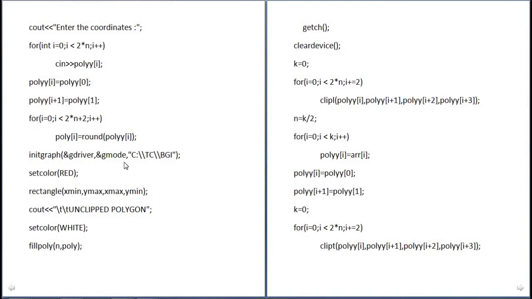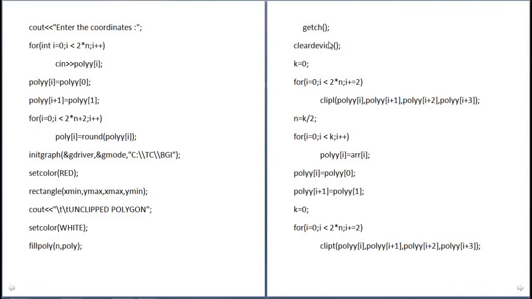Then init graph is used to initialize the graphics mode and graphics driver, and we put the path here. Then by using the cout function we display the clip polygon and set color is white. By using set color white, the polygon color is white. Then by using the fill poly function, the polygon is filled in white color.